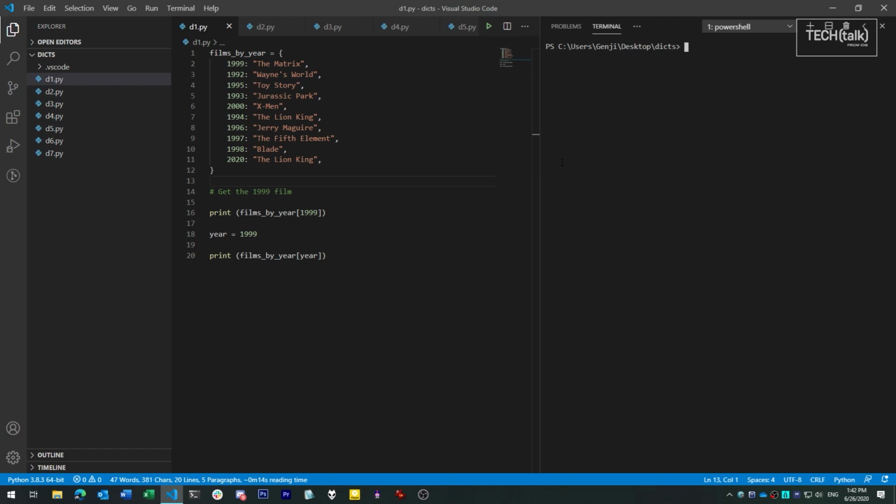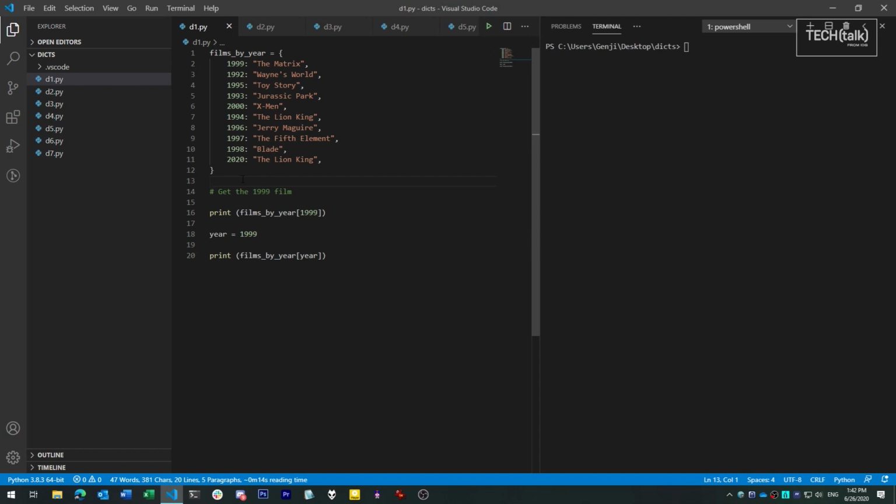To give you an idea of the syntax and functionality of a dictionary, let's look at an example. When you define a dictionary in code, it's offset in curly braces, like so. Each key in the dictionary is followed by a colon, and then its value, and then a comma to separate it from the next key-value pair in the dictionary. In this case, we're using integers as the keys, but again, we can use any hashable type. Strings would be perfectly valid.